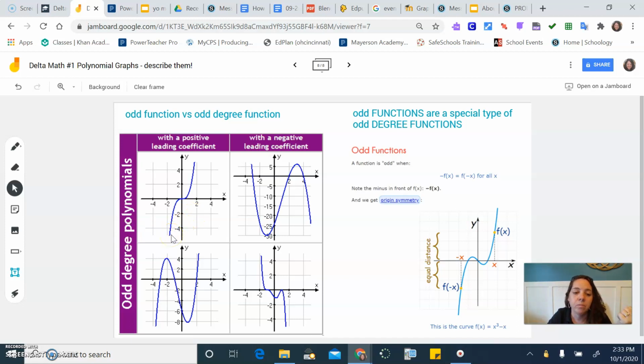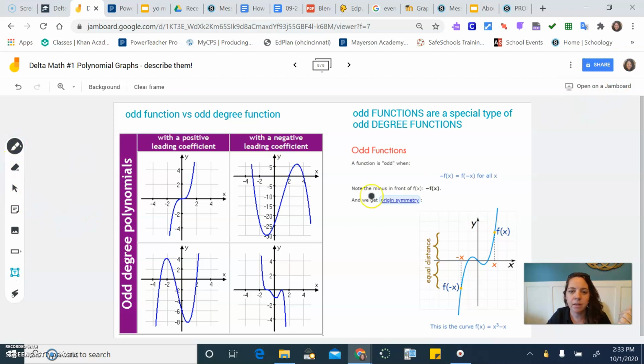And when you look at the ends of the graphs, they're going to go in opposite directions. So one goes up and one goes down, or one goes down and one goes up. And to know if it has a positive leading coefficient, you look at the right side of the graph. If the right side is going up, positive. The right side's going down, negative. And when I say leading coefficient,